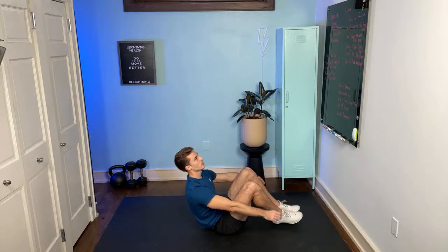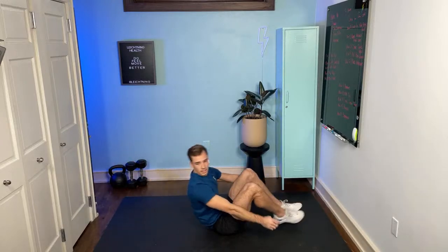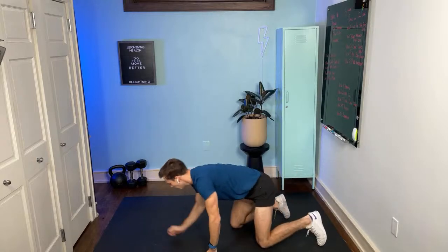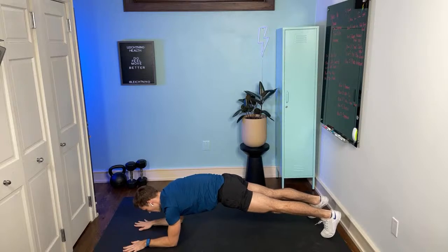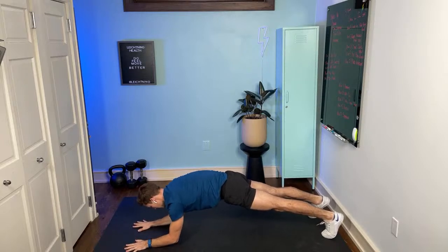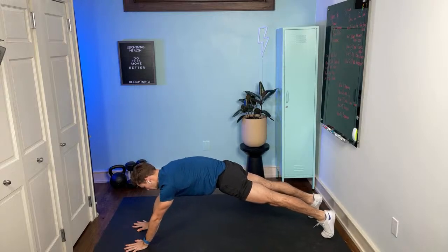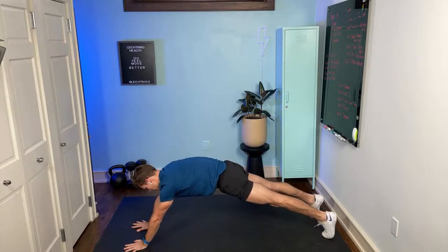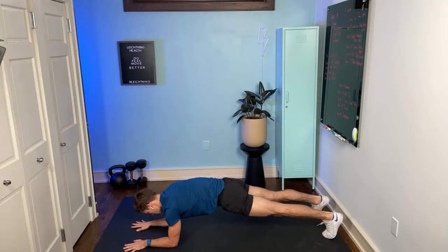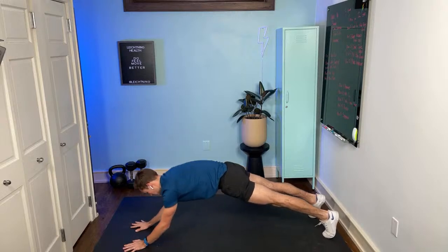Three seconds, then we're gonna go to plank extensions. Here we go. Find your forearm plank position, butt is down, hands are going to be completely flat down, and you're going to press up. All the while squeezing your core as hard as possible, and down, up, down, up,